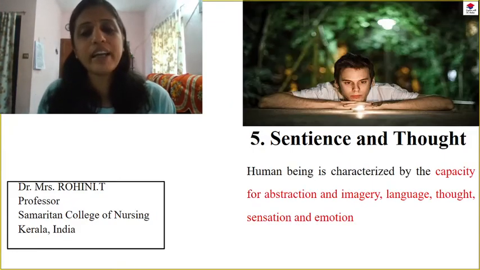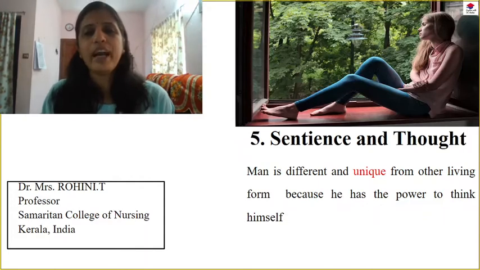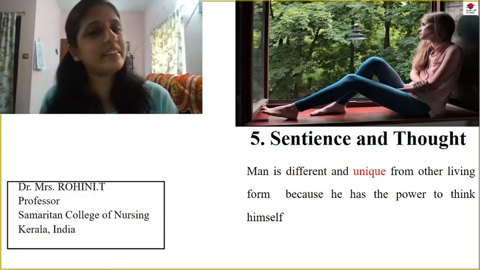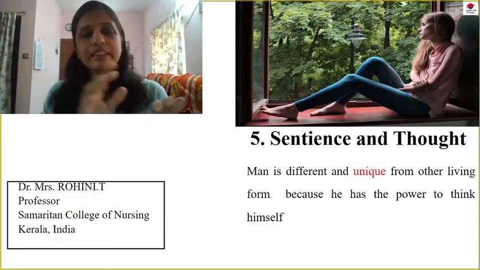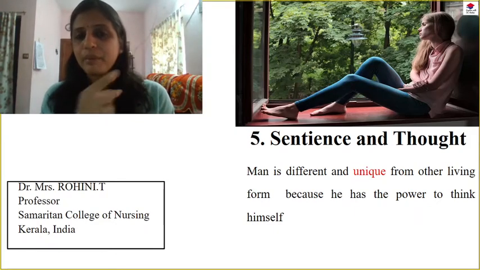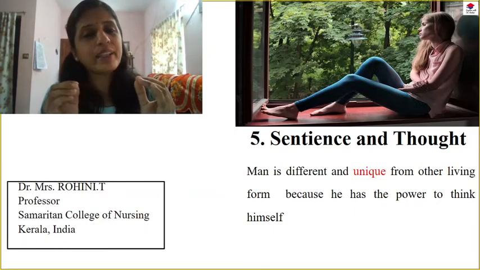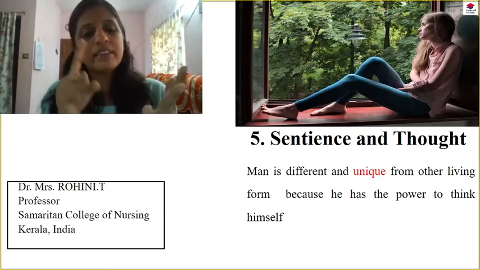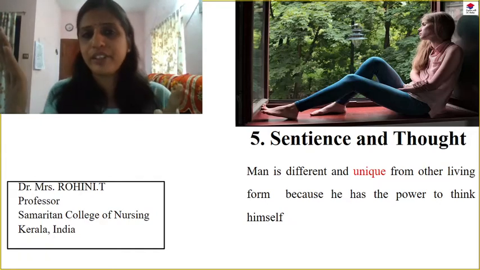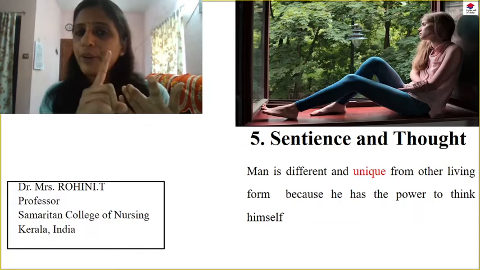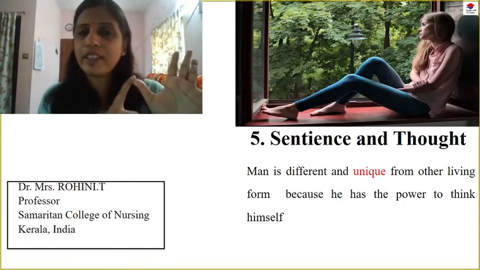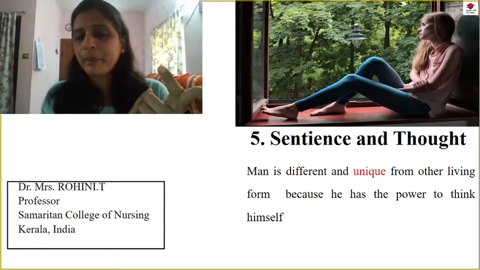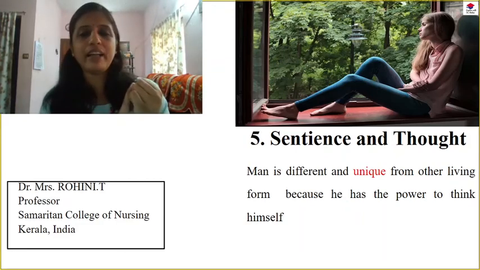So these are the 5 assumptions in Roger's theory. I know the words are a little bit difficult, but once you understand the base, it's actually very, very, very simple. So the first 5 concepts we studied. Shall we just remember what are the 5 concepts? The first concept is energy field. This energy field has a pattern. This energy field is pan-dimensional. It goes everywhere. This energy field is there for the human being, unitary human being. This energy field is there for the environment. So 5 concepts: energy field, pattern, pan-dimensionality, unitary human beings, environmental energy field.